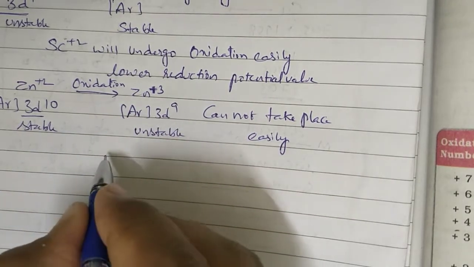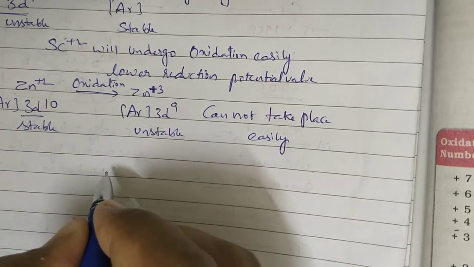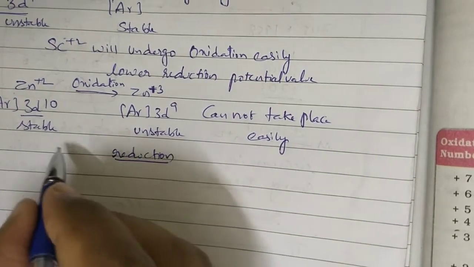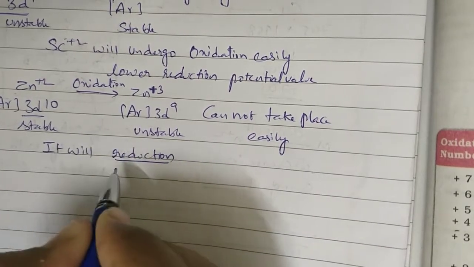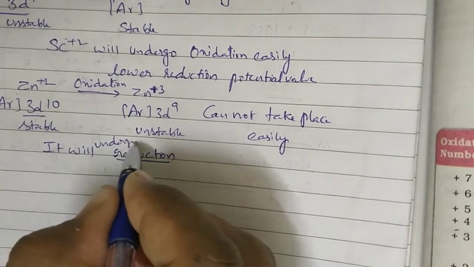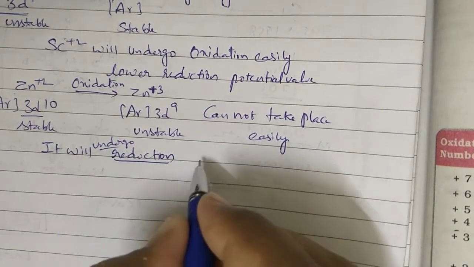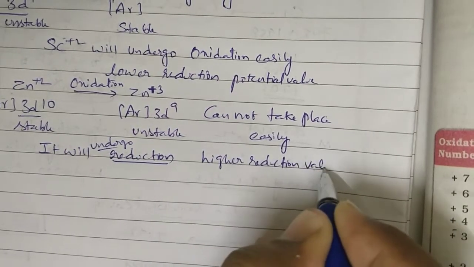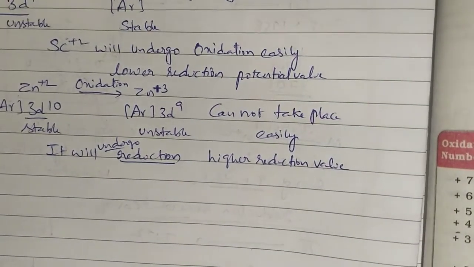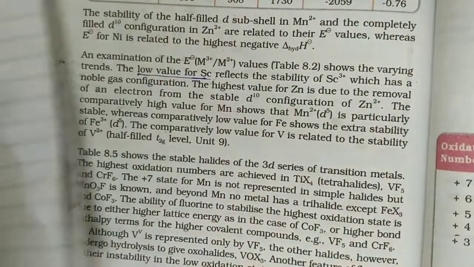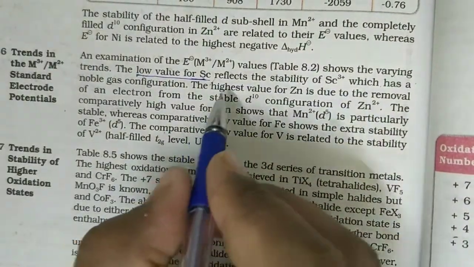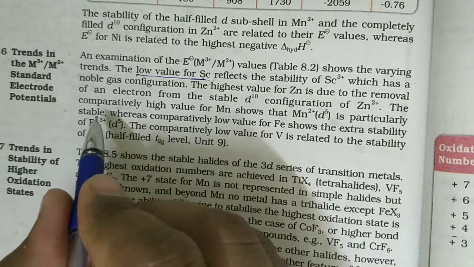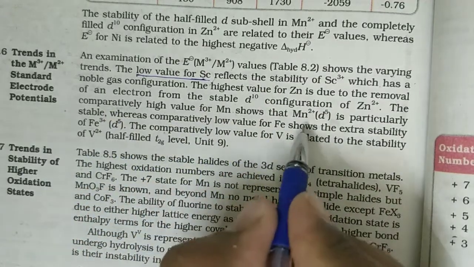If oxidation does not take place easily, it will undergo reduction. When it is undergoing reduction, then it has a higher reduction potential value. That only they gave here: the highest value for zinc is due to the removal of an electron from the stable d10 configuration of Zn+2. The comparatively high value for manganese shows that Mn+2